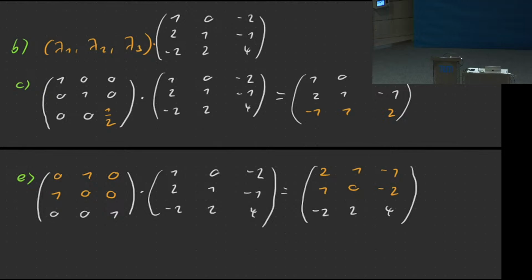So the question is, is it possible that there is a mistake in the solution sheet? And the answer is yes, of course. I don't have the solution sheet here. I'm not quite sure about the numbers right now off the top of my head. So maybe you could just post a message to the Moodle forum or write me a quick email about that, and I'll check that afterwards. And if necessary, I'll be happy to upload a corrected solution. So if you find an error with the solutions, just let me know. I hope there's not too many errors in there, but there's always the possibility, of course.